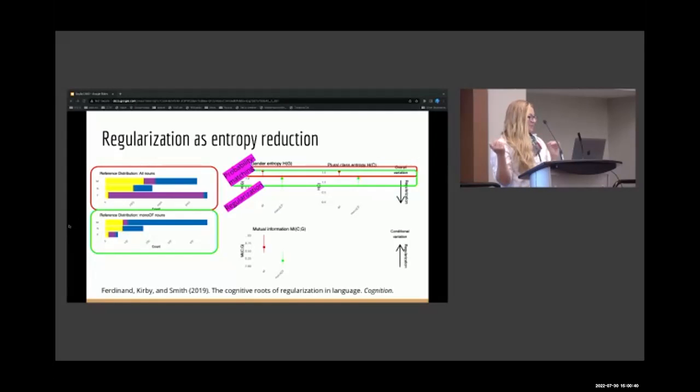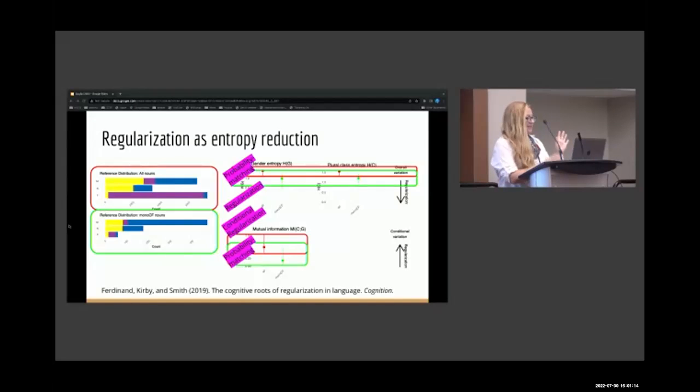So for that, we'll measure the mutual information between plural class and grammatical gender in each of these distributions. And here, mutual information kind of goes the other way. So higher means there's a stronger statistical relationship. So once again, we have confidence intervals there. If we see most speakers being within those confidence intervals, we can consider this consistent with probability matching behavior. Whereas if they're higher, then we'll say that they're doing conditional regularization. They're making these two classes more predictive of each other than they are in the observed lexical distribution.